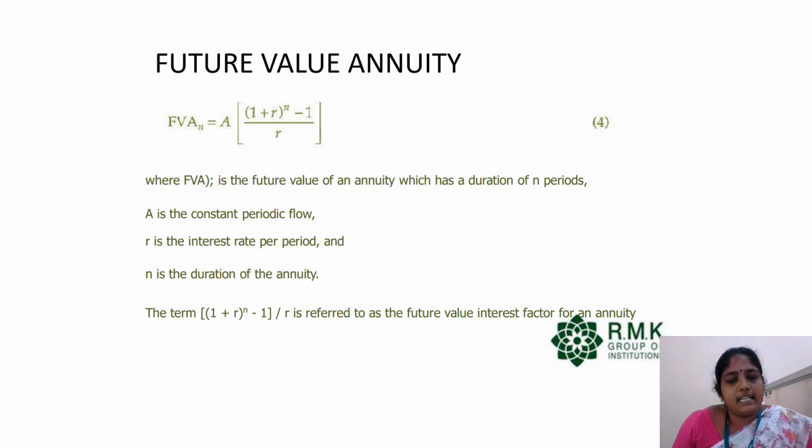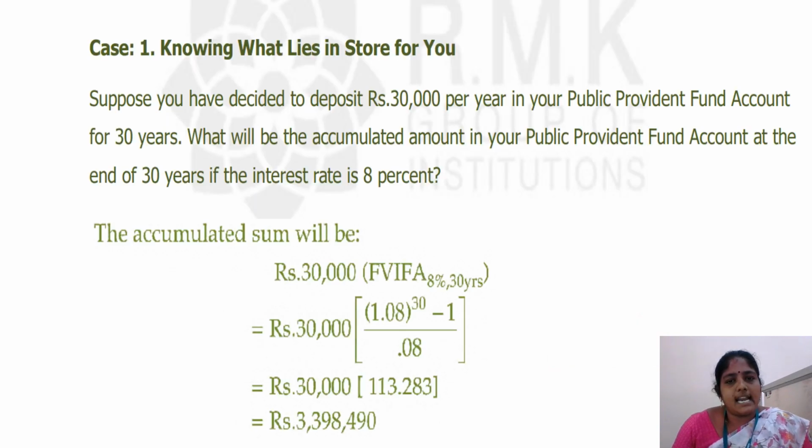We are going to calculate the future value of an annuity. First we have the annuity period flow, the rate of interest, and the number of years. Based on these three values, we are going to calculate the future value annuity. For example, in the first case: